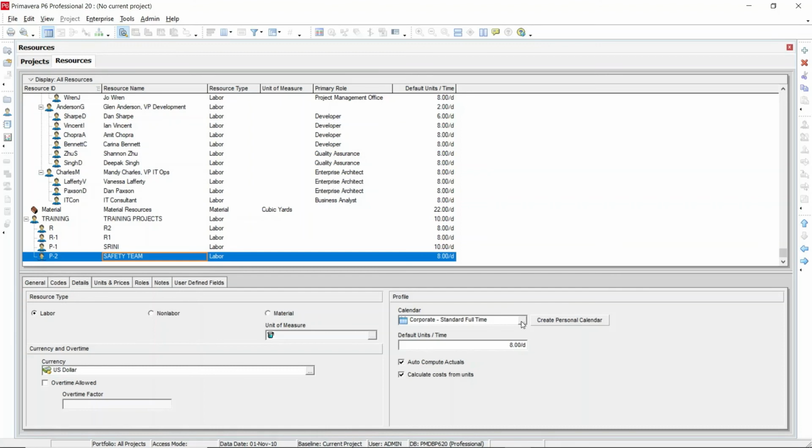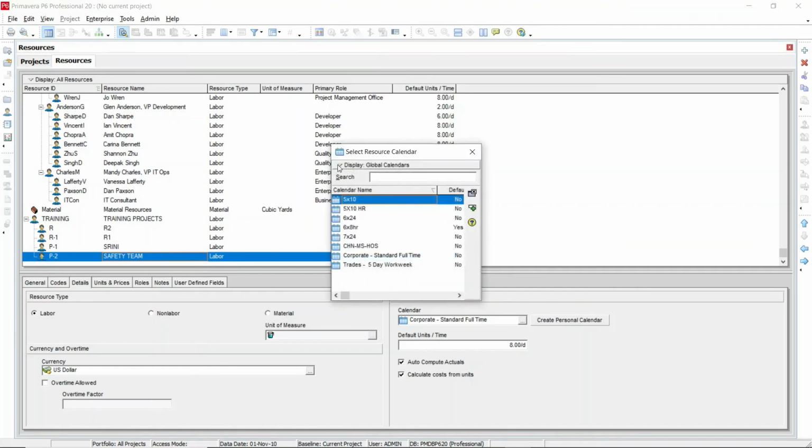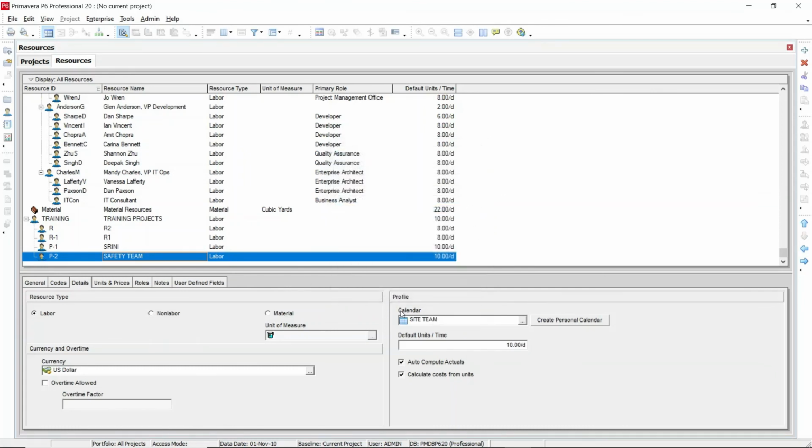Now you want to select it from the resource calendar. Just go to display. In the display you can see global calendars and shared resource calendars. Click the shared resource calendar option. From there, you have already created the site team calendar. Select the calendar for the particular resources, then select. So your calendar is applied to the particular resources.